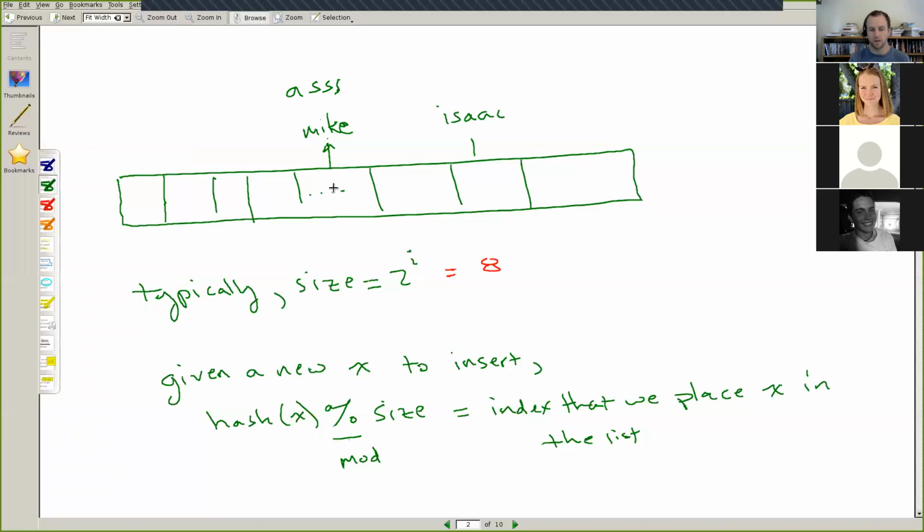And so now when we do this lookup, not only do I have to do this computation here and look up the index here, but I also have to check all of the entries at that location to see if they are equal to what I'm looking for. In the worst case scenario, all of the things that you've inserted into your list are going to hash to the very same exact value. And so you'll just have a big linear data structure that you have to loop over in order to do these comparisons. And so in the worst case scenario, you have O of n time for all of your operations,